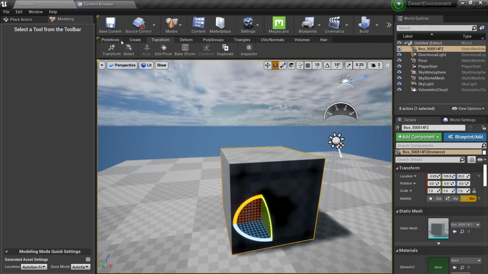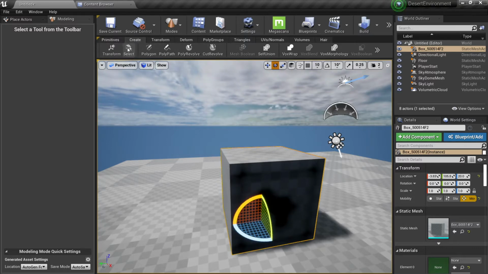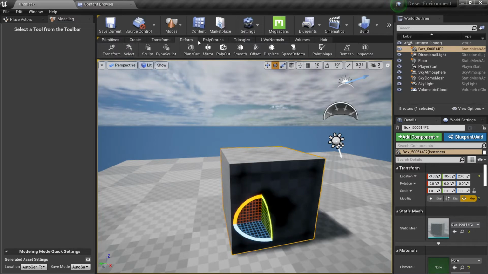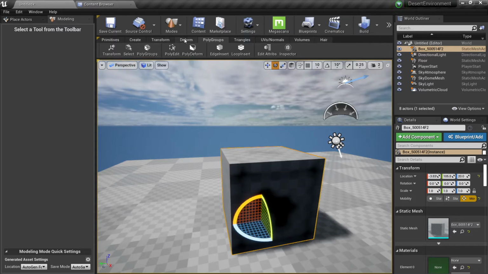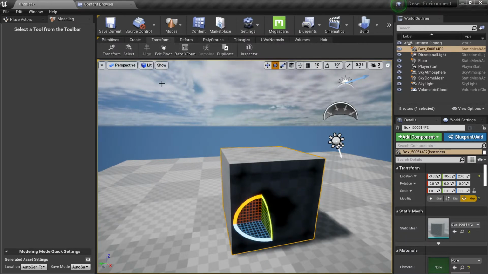And if you haven't noticed already, I have this tab, the transform and select, and I have a separator here. And if you click in the other tabs, you can see that I already have this. These ones are unique to the create tab, and this one is shared across different tabs. Transform and select. Even if I go to polygroups, I have another one here. If I go to triangles, I also have a transform and select. And now when we go to transform,